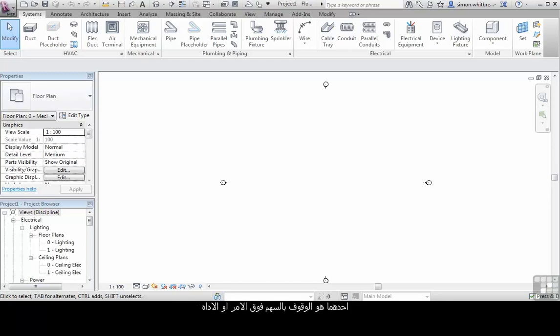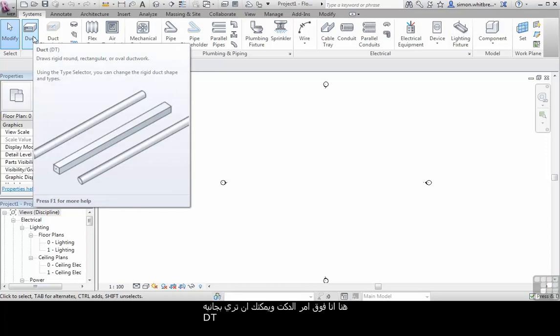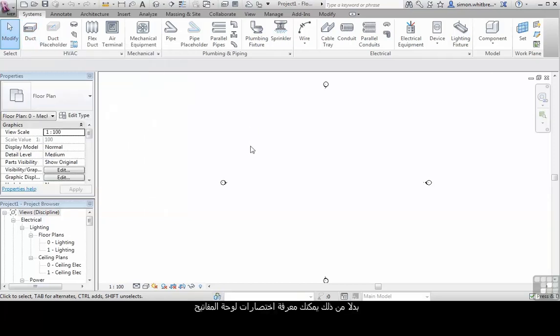One of those is to hold your cursor over the top of a command. Here I'm hovering over the duct tool, and you can see the DT next to it indicates that we can create a duct. Alternatively, you can find out the keyboard shortcuts for every menu item in the view by using,